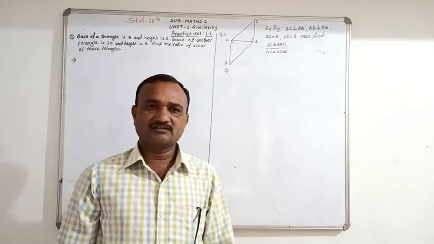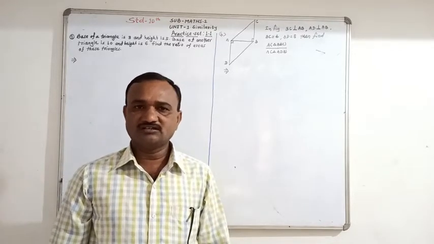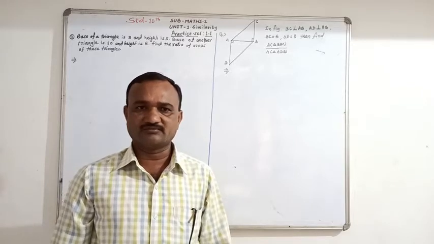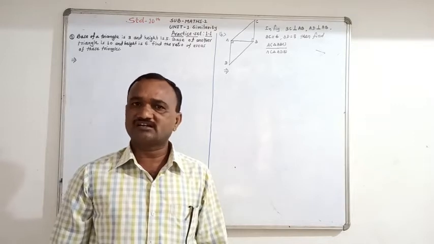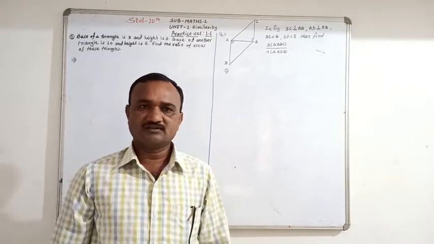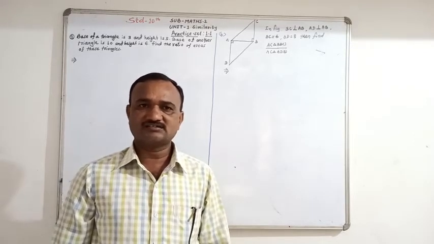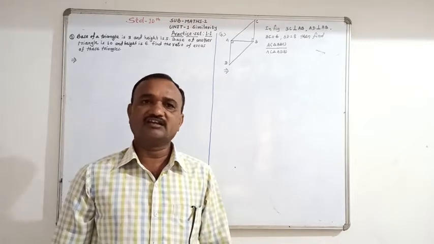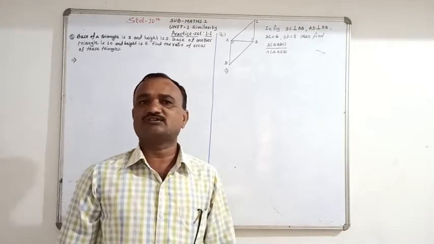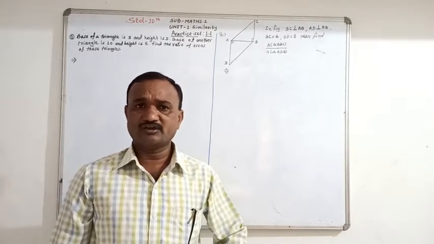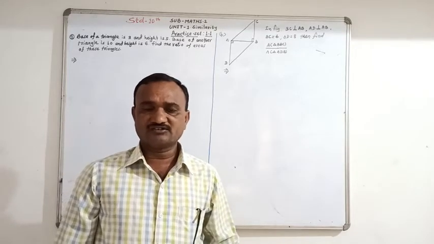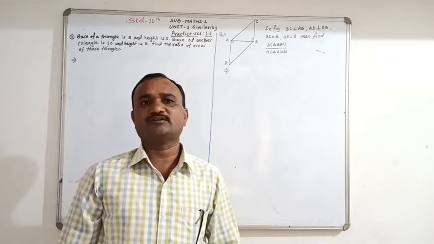And second property, if heights of both triangles are equal, then the ratio of areas of two triangles is equal to ratio of their corresponding bases. If base of two triangles is the same, then the ratio of areas of two triangles is equal to the ratio of their corresponding heights. That are three properties we have studied already. Depends upon that property there is practice set 1.1.